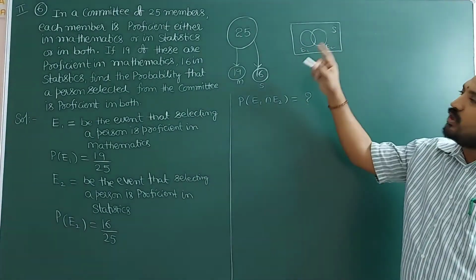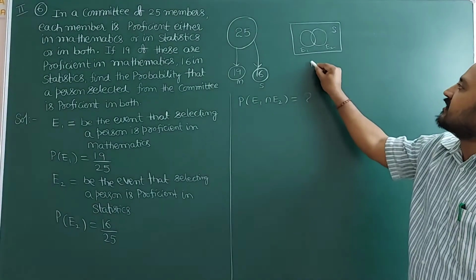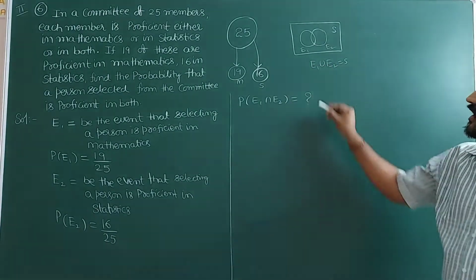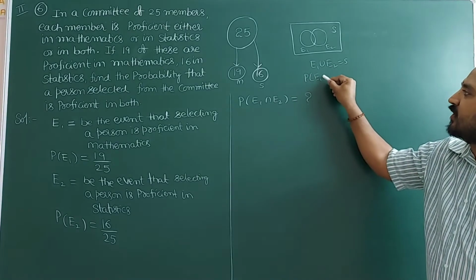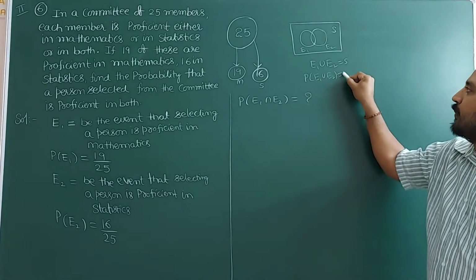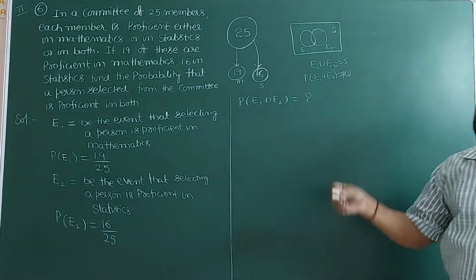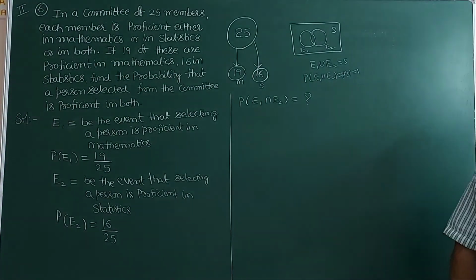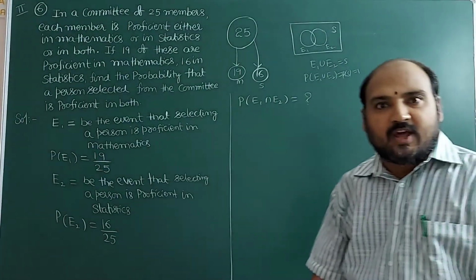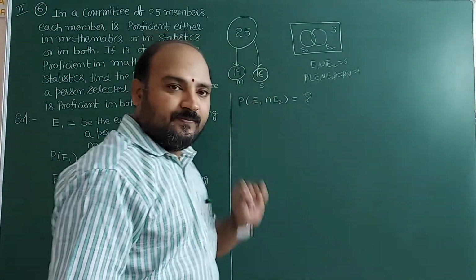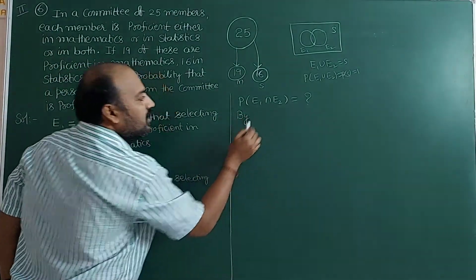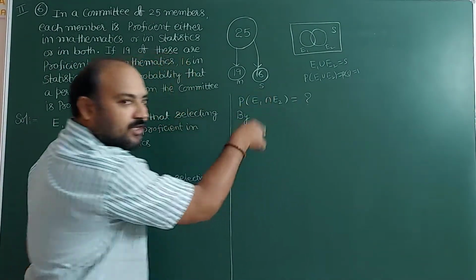Whenever E1, E2 are the two events in the sample space, E1 union E2 is equal to S. Taking probability on both sides, P of E1 union E2 is equal to P of S. So P of S is a certain event, always equal to 1. Therefore, P of E1 union E2 is equal to 1. After that, by addition theorem on probability,